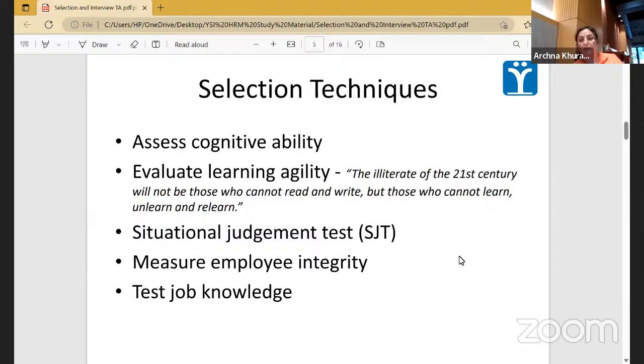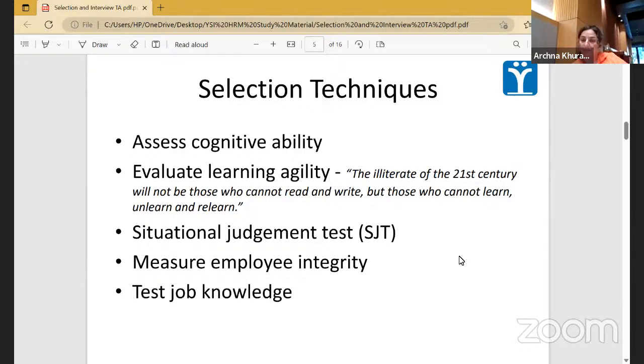If you are hiring at a CXO level, which is CEO or CMO, somebody like that, then you will have to check for a different kind of mental ability. You also need to check their team management and other things as part of the cognitive ability. Cognitive ability can differ from job to job, role to role, as well as people to people. Different people have different personalities, so you can design.